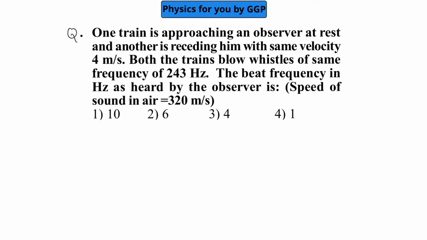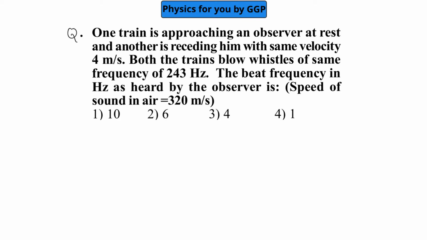It is given that one train is approaching an observer at rest and another is receding from him with the same velocity, 4 meter per second. Both trains blow a whistle of the same frequency, that is 243 hertz. The beat frequency in hertz as heard by the observer is, speed of sound is given as 320